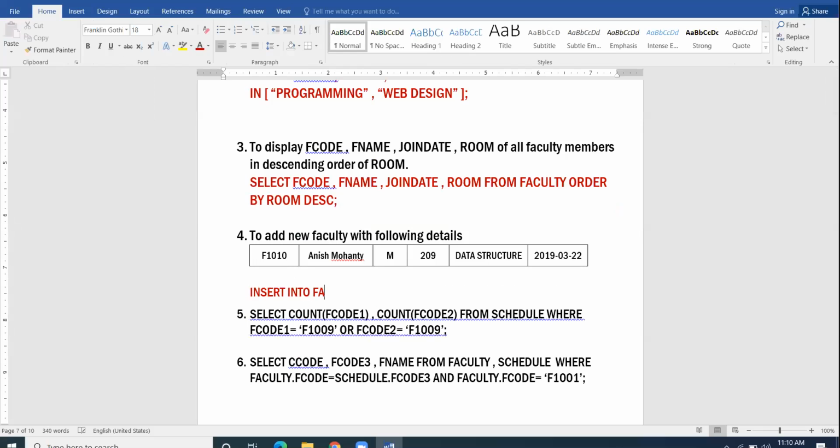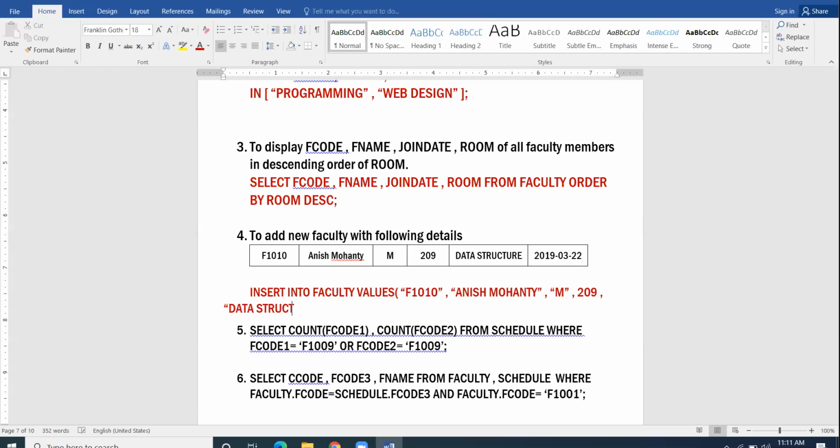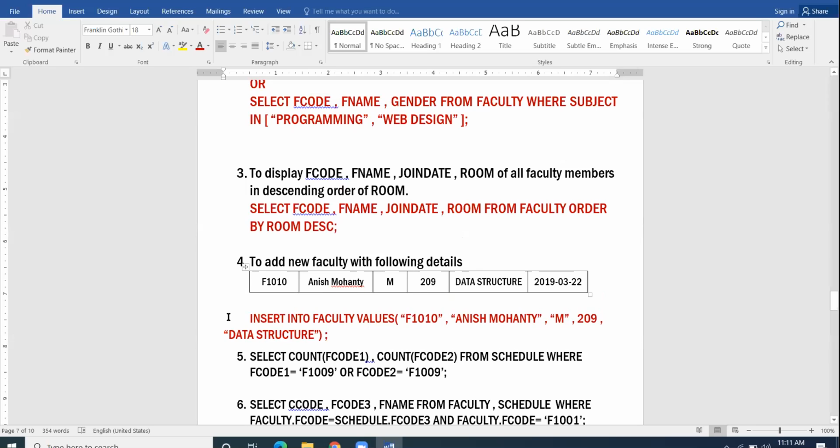Insert into faculty values F1010, Anish Mohanty, male, 209, data structure, and semicolon. Right?